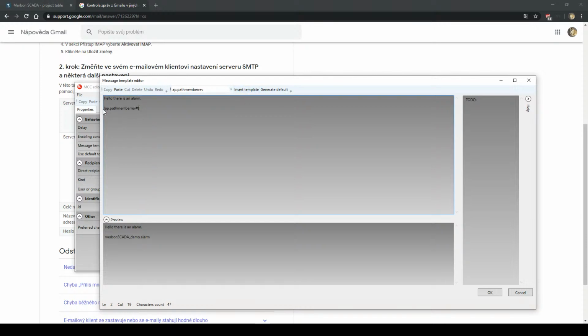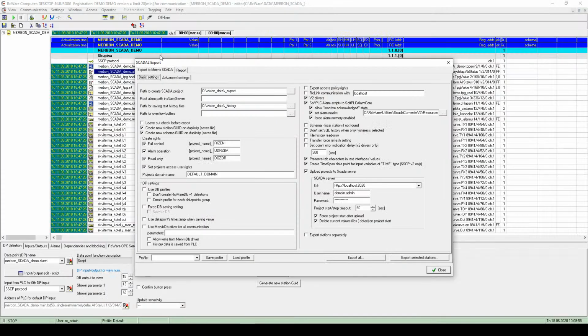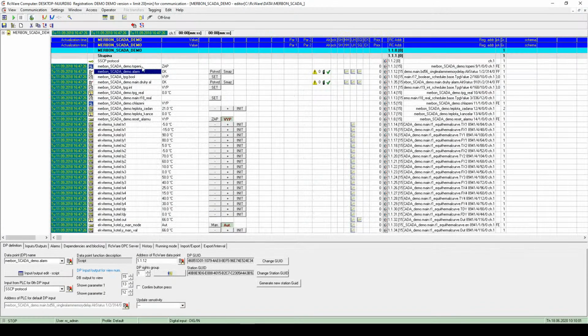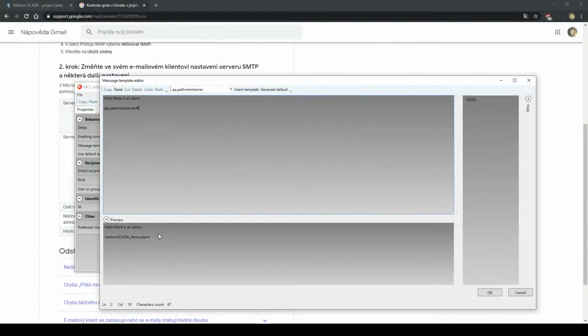So here, for example, this is for showing the name of the alarm. This is the name of the alarm point. You can see it here. This is a name from RCWare, and it's shown here. So it depends what alarm happens, and that alarm will be shown here. So I can just write, for example,